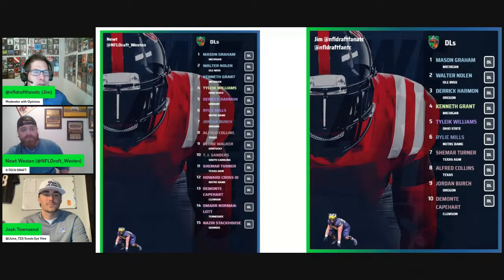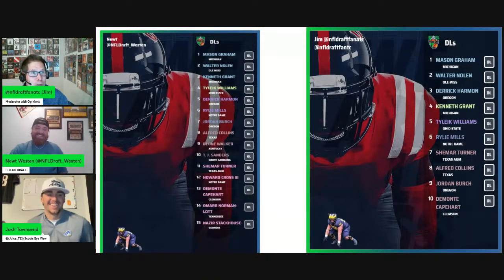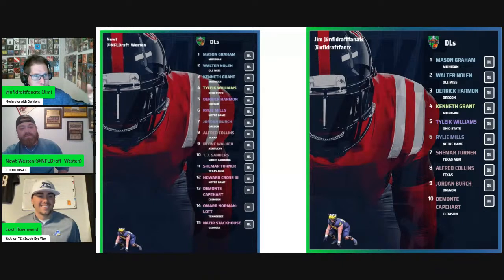And the only reason why I'm pointing that out is I think Nolen is, I don't want to say polarizing, that's not the right word. Polarizing is Omarr Norman-Lott, right? It's not like Walter Nolen is going to be somewhere between 20 and 40, but I think he's going to be closer to 20 than he will be 40. I think the difference, and Josh, you know more about this than I do, is that with Walter Nolen there's more projection that needs to be done, which is where you get that higher variation. I think he plays at a really high level right now. He's stout in run defense, and he's showed those tools exactly like Josh said.